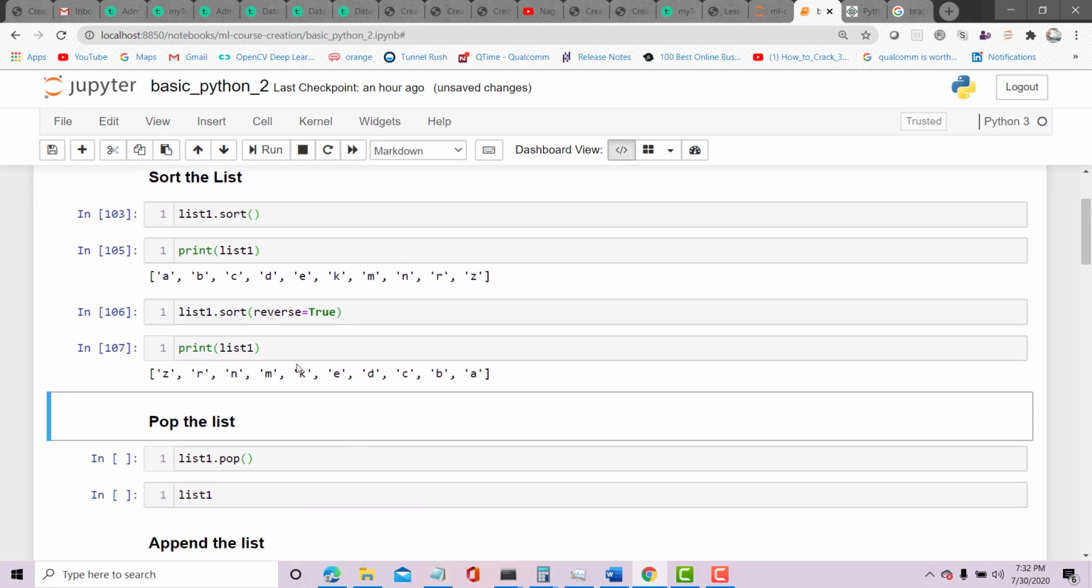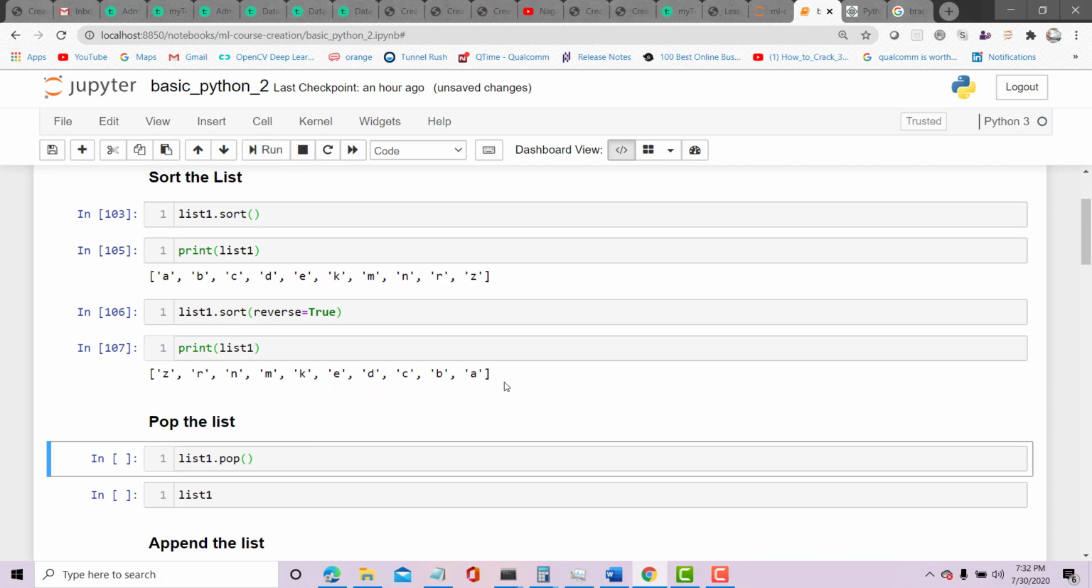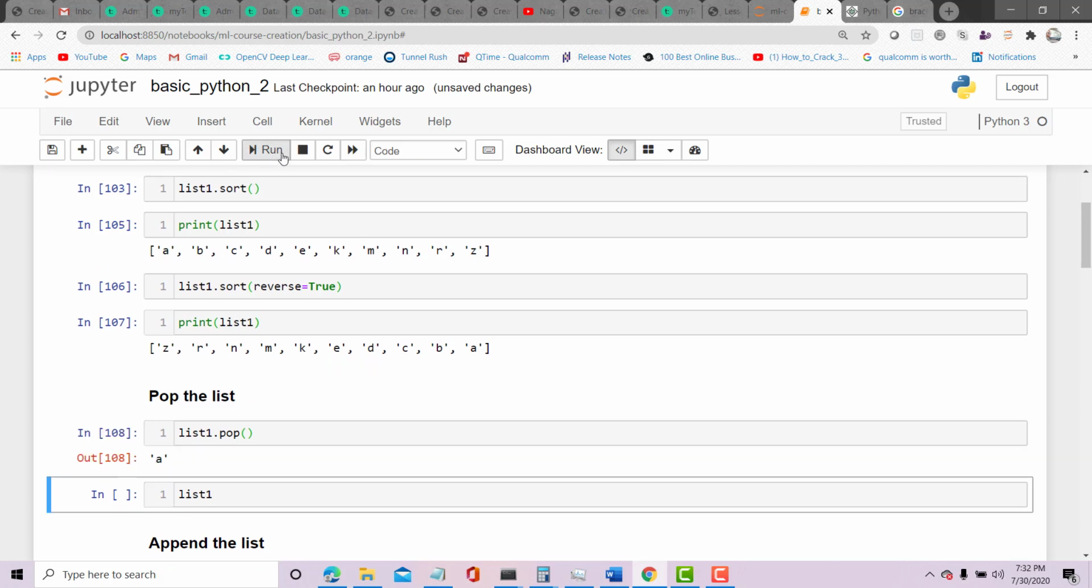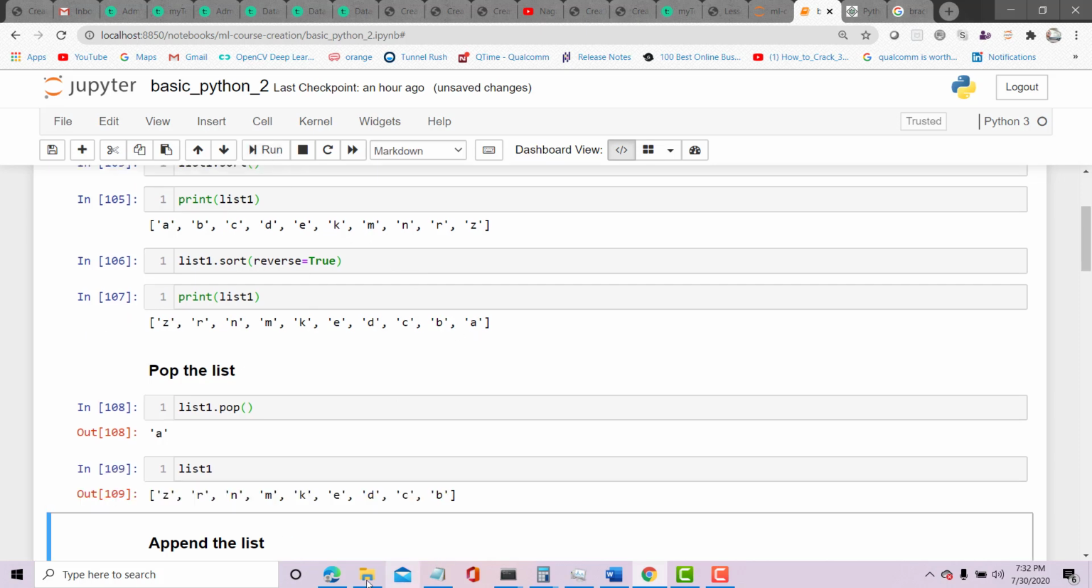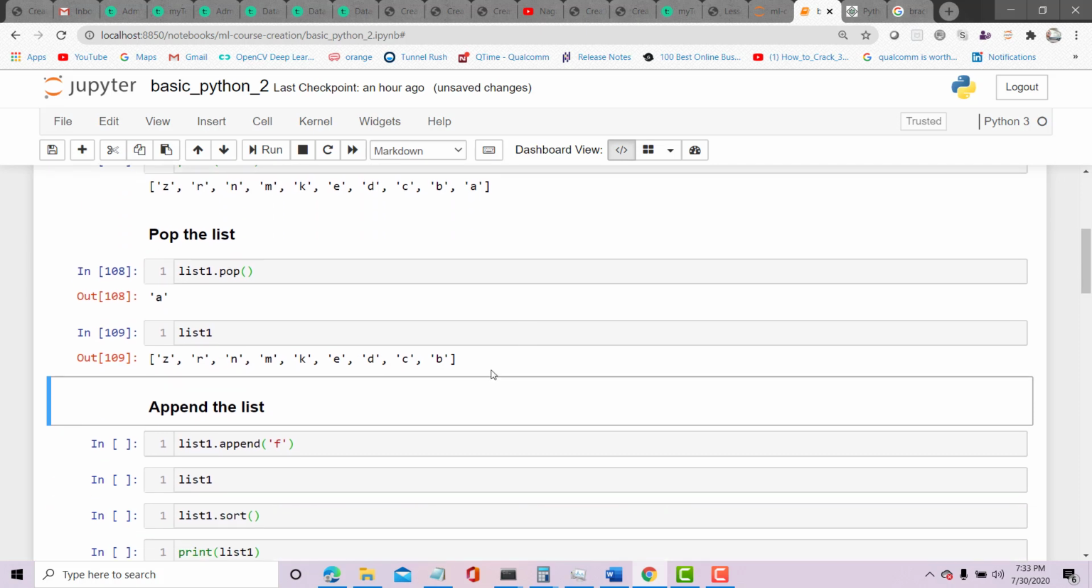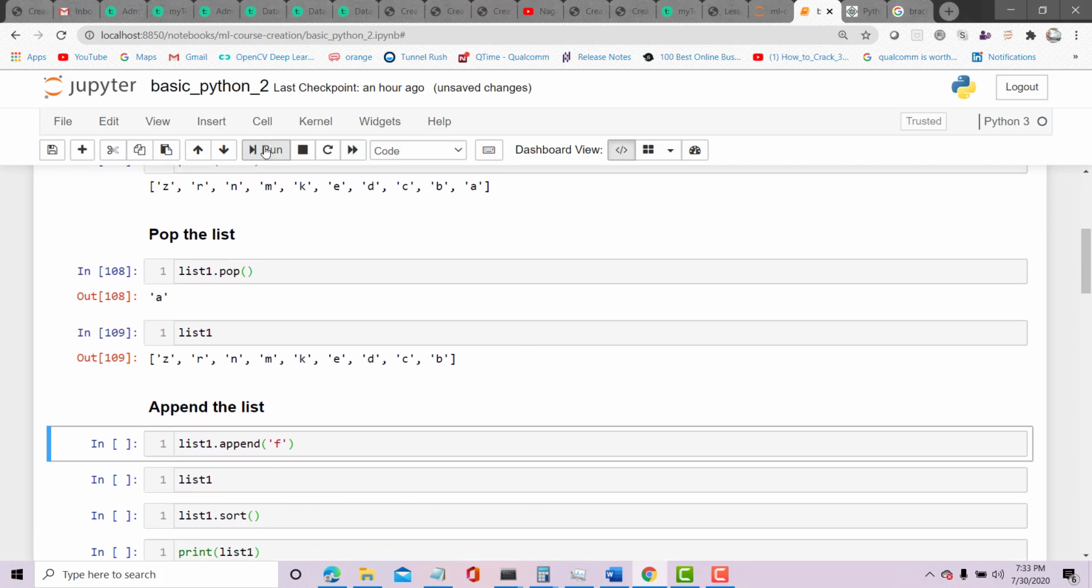I can pop an item from the list. Usually it takes it from the last item in the list. So A is popped out, and now if I print the list, it will not have A. Okay, so Z, R, N, M, K, E up to B only, and A has been taken out. I can also append an item to the list. So here I want to append F,